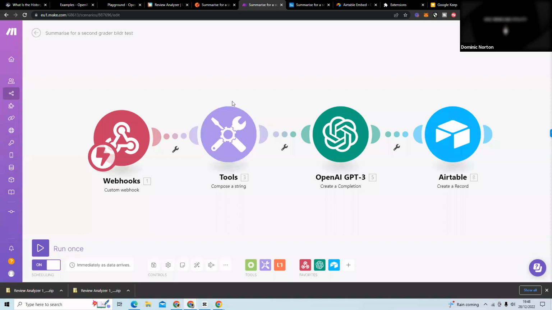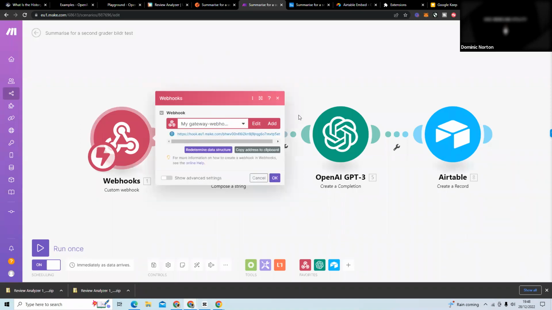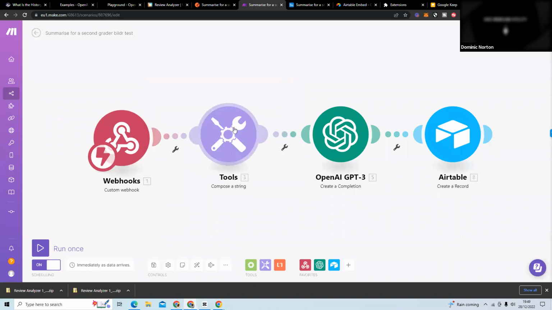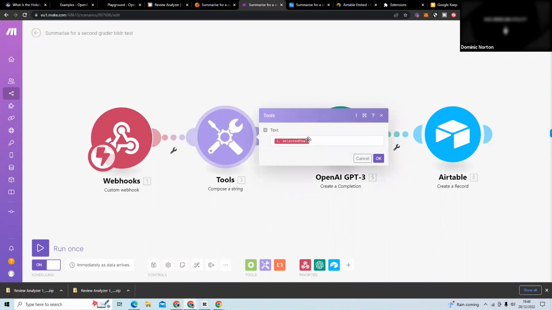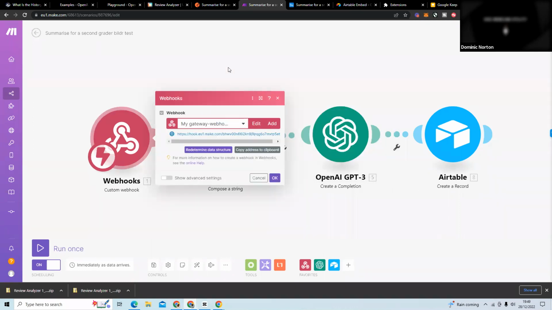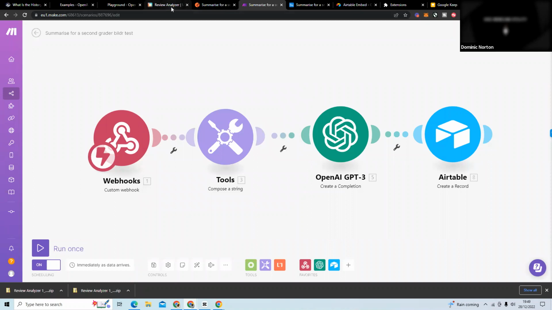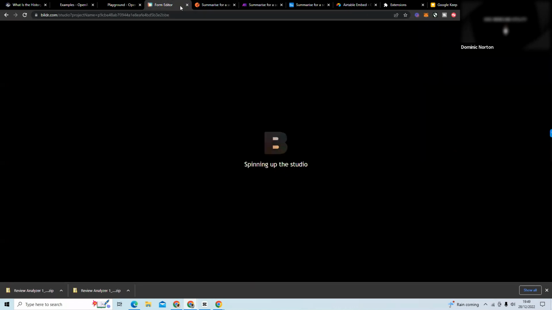So again, if I'm confusing you, please let me know. So what we have here is the webhook. And I don't actually need this, but I use this to extract the string. So what it sends is the selected text, but it sends a JSON file or JSON code. And just to show you what that actually looks like,